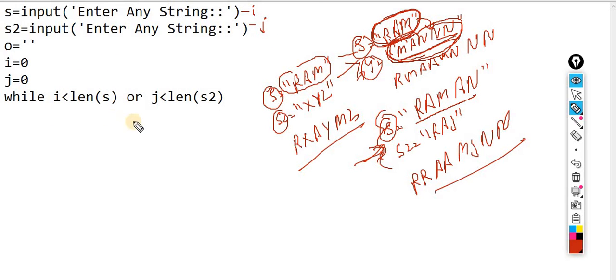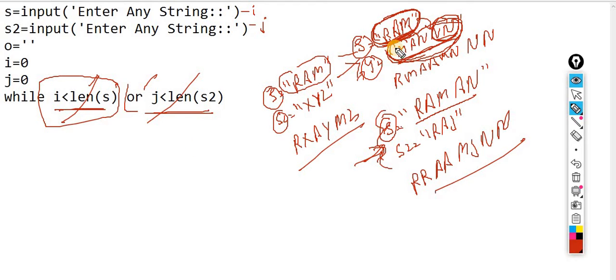And on what condition do I have to iterate? If any one of the conditions is true, I have to iterate. If I take only one condition, what will happen? It will iterate through only 3 characters, but not the other two. So I put the condition that if any of the conditions is true, you are supposed to execute. It doesn't matter whether this condition or that condition is true, or which string's length is greater. I hope you understand this basic condition.